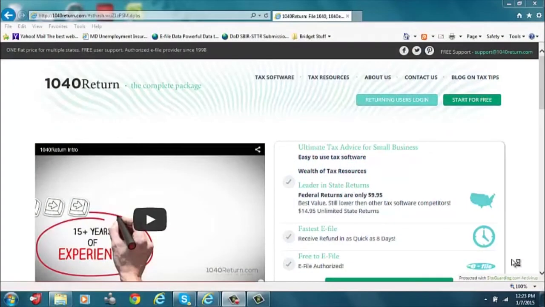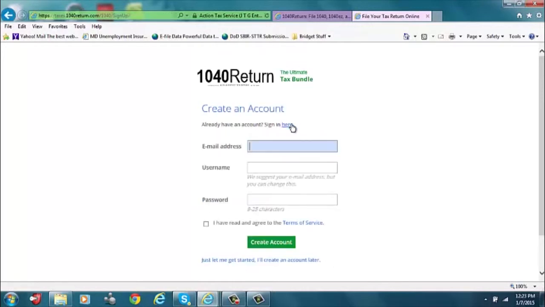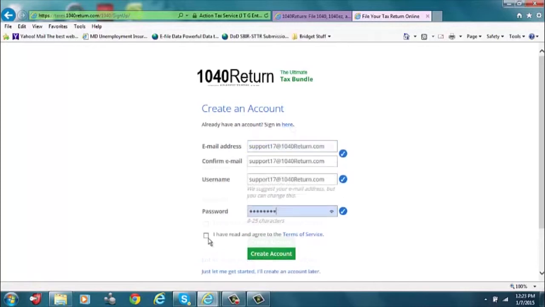Here we are at 1040return.com, and let's begin an example on how to file a 1040A with an individual claiming a dependent with childcare. Okay, let's begin by clicking on the Start for Free button. Since we don't have any account, let's create one by clicking on the Here link. So for this example, I will create a sample account. However, feel free to fill in your own information instead. Don't forget to click on the Terms of Service Agreement box below, and when you're all set, press Create Account